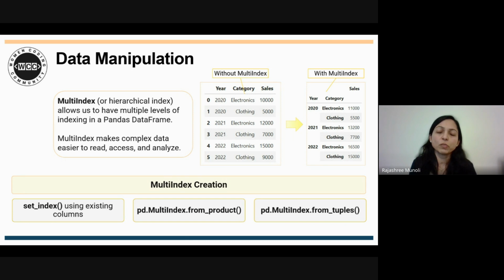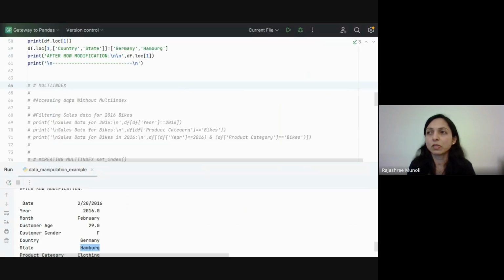From tuples is only used when you have a customized set of indexes required. For example, maybe you want to have a combination of certain specific years and best-selling product category or best-selling product subcategory. In these cases, you want to just focus on specific targets. So in such cases, we can use MultiIndex from tuples. Okay, so let's head to the notebook and we will see an example of